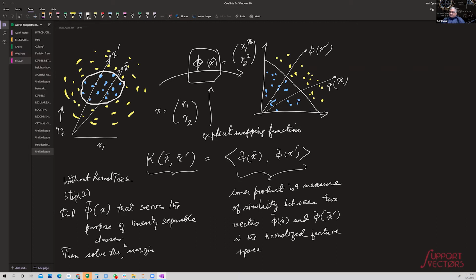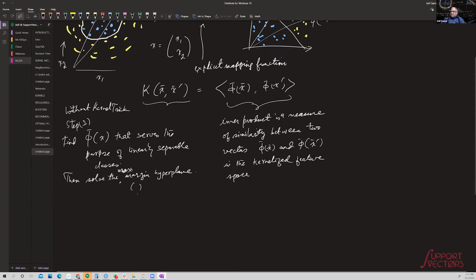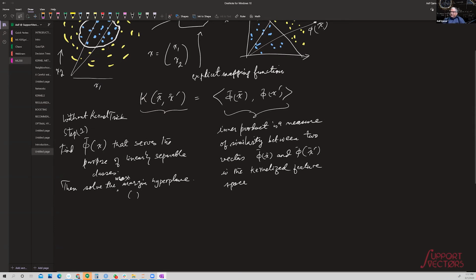Yes, max margin hyperplane that we already learned about, which is the hard or soft margin hyperplanes or classifiers. You can do that. But the main point here is that with the kernel trick,